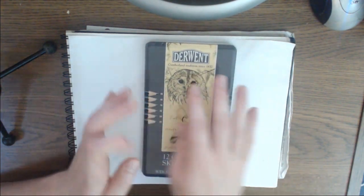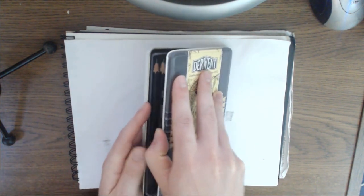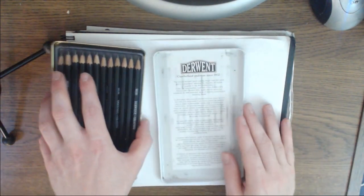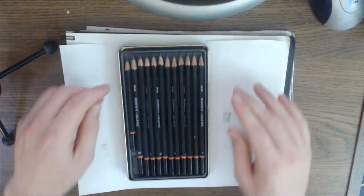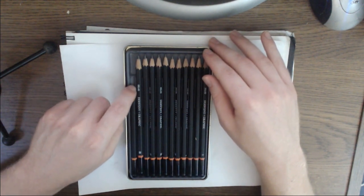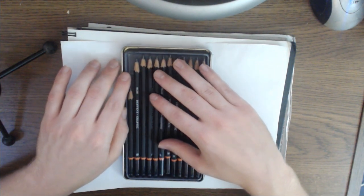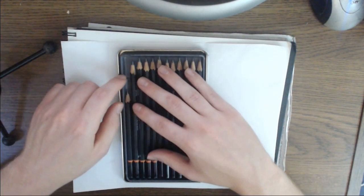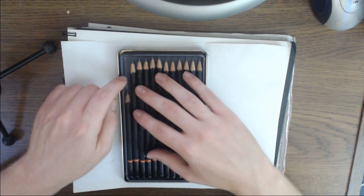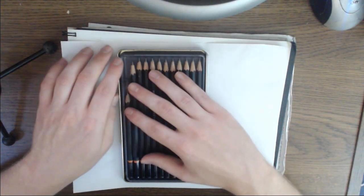So I've got my pencils here. As you can see, this is the one I use the most because it's worn down. I may use the other ones a little bit, but I'm just used to using only one pencil. I guess I should probably use the different shades, that's why I have them, but